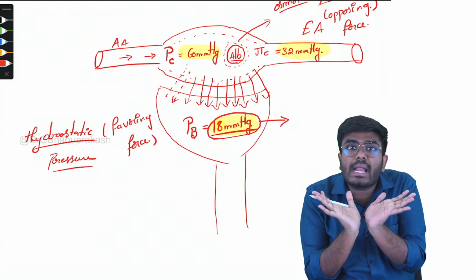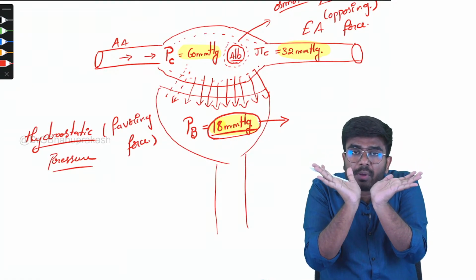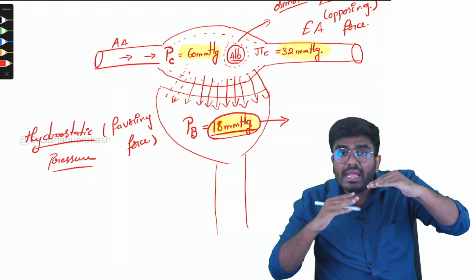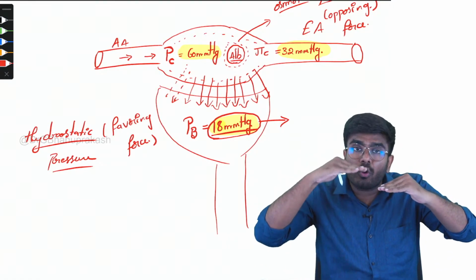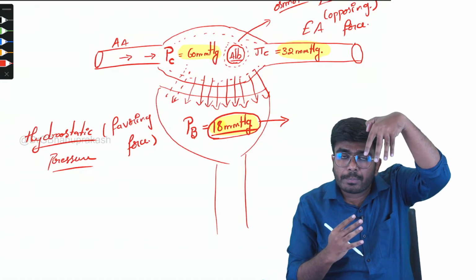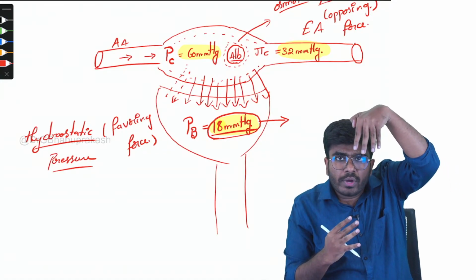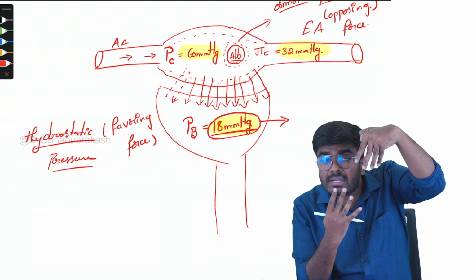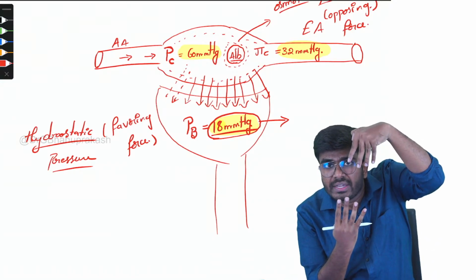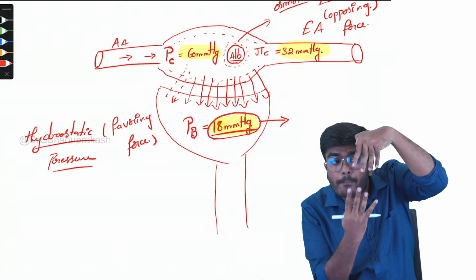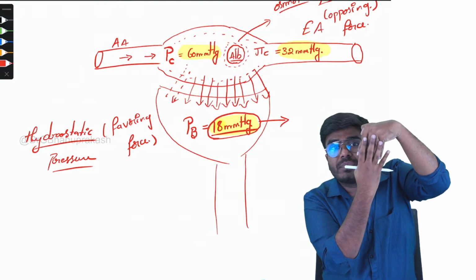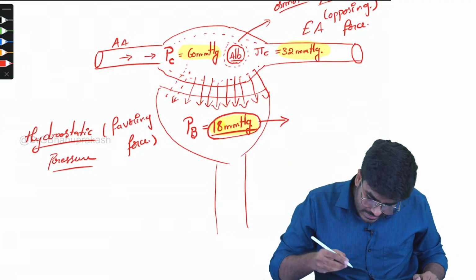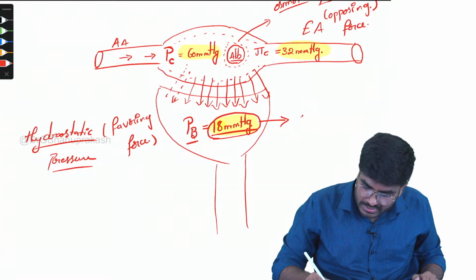It is actually an opposing force. With 18 mmHg pressure, it's a hydrostatic pressure, right? It is opposing the glomerular filtration. See, hydrostatic pressure from the capillaries, fluid wants to go down into the Bowman's capsule, fluid wants to come out, but from the Bowman's capsule with 18 mmHg pressure, it is opposing, okay? So, this hydrostatic pressure in the Bowman's capsule is a